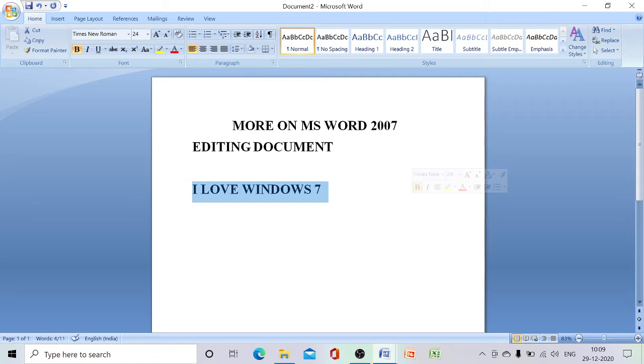Then the first thing that we are going to do is copying and moving the text.